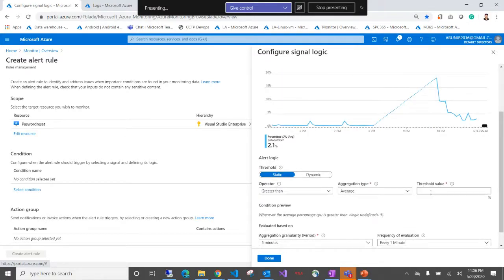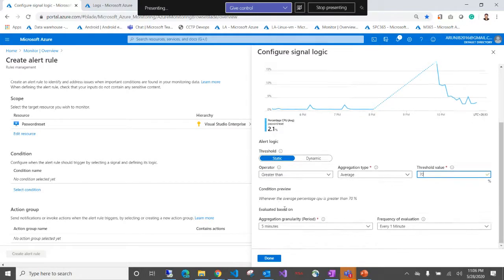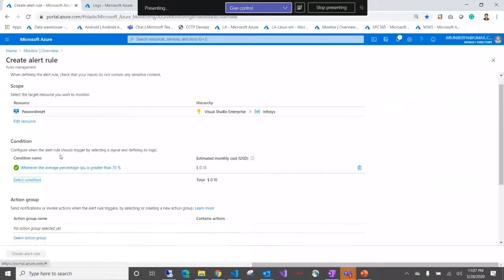Then I can give an average value of anything. The usual standard is 70. Then you can say what the aggregation is and what frequency this evaluation should happen. You can set it depending on your convenience, create the aggregation and frequency, and then click done. So the condition is done.